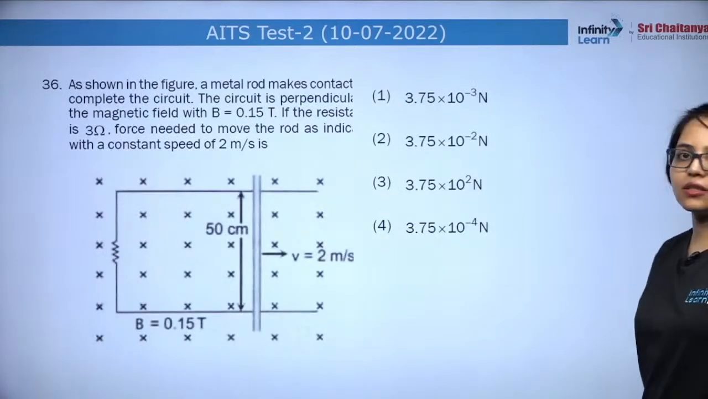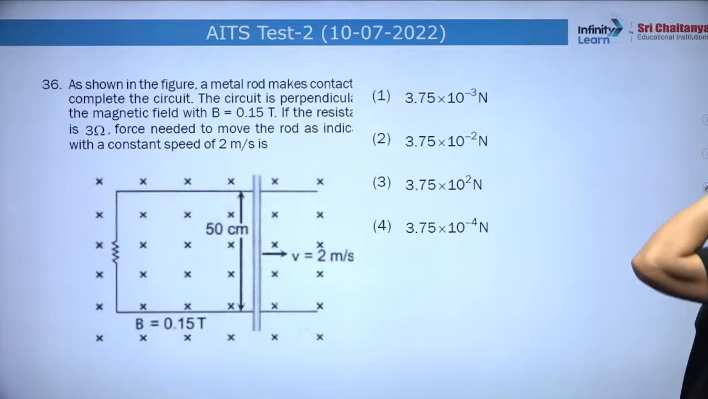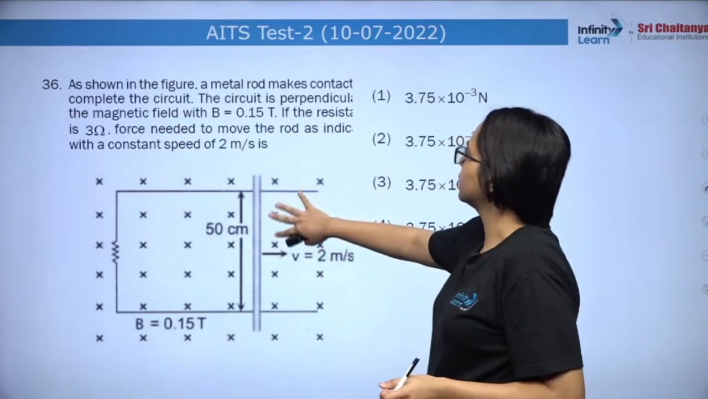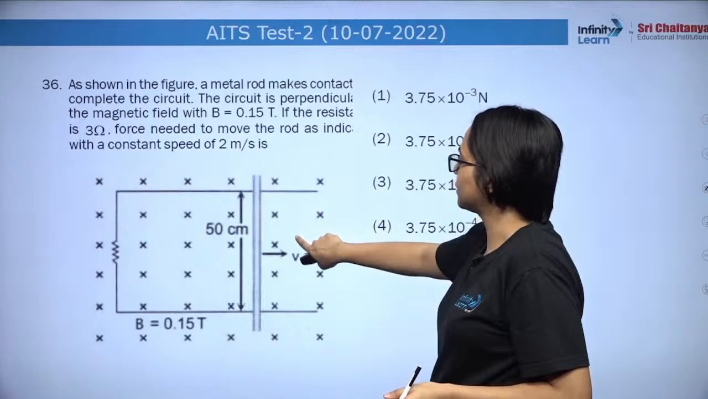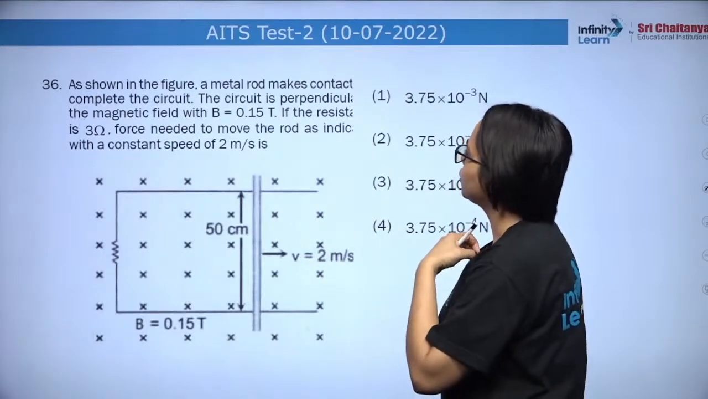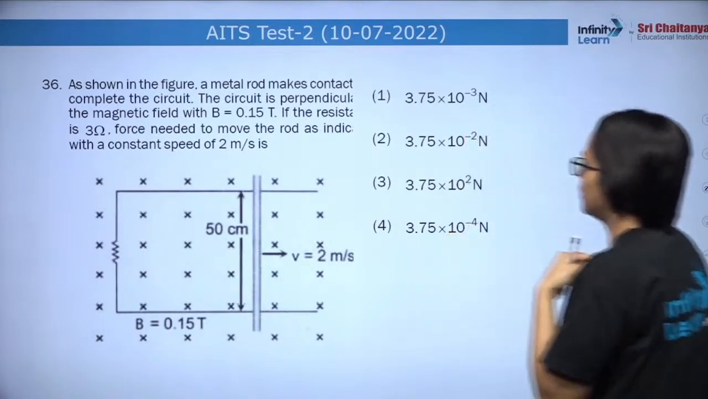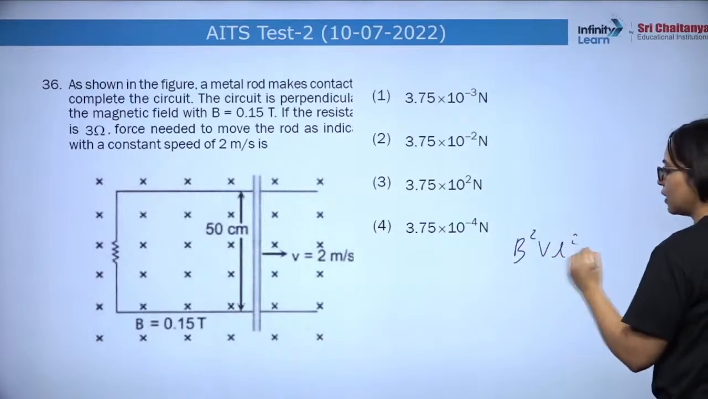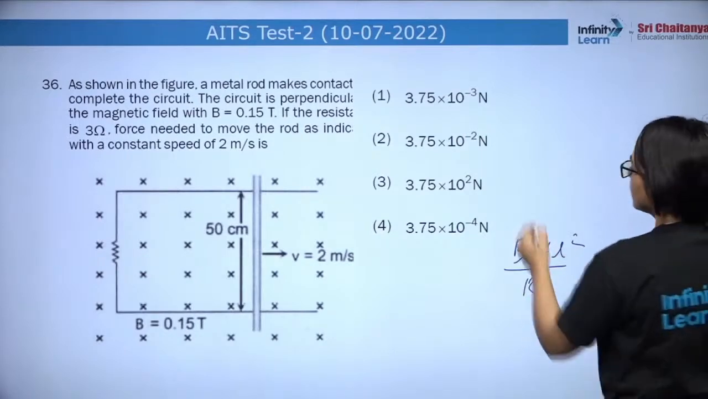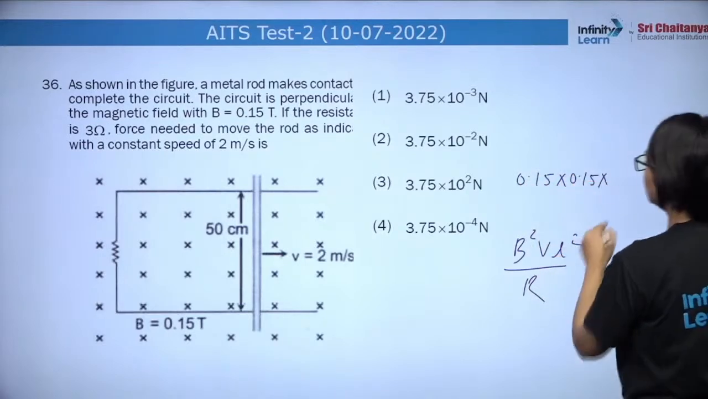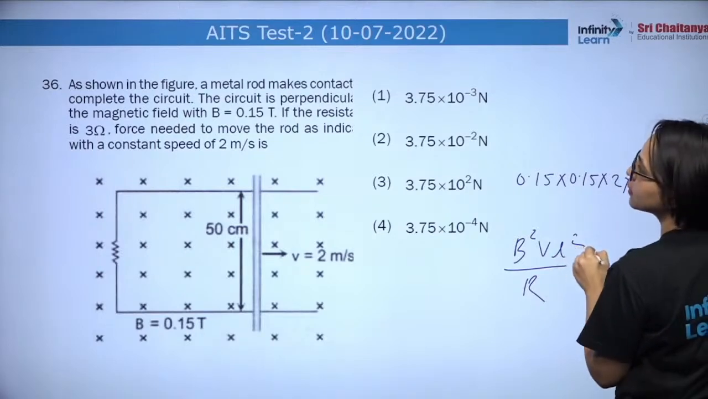Next is this one. As shown in the figure, a metal rod makes contact with the rails and this completes the circuit. The circuit is perpendicular to the magnetic field, B is 0.015 Tesla. Resistance is 3 ohm. Force needed to move the rod as indicated with a constant speed 2 meter per second is. So force is B square V L square divided by R. B is 0.15 into 0.15, V is 2, L square is 1